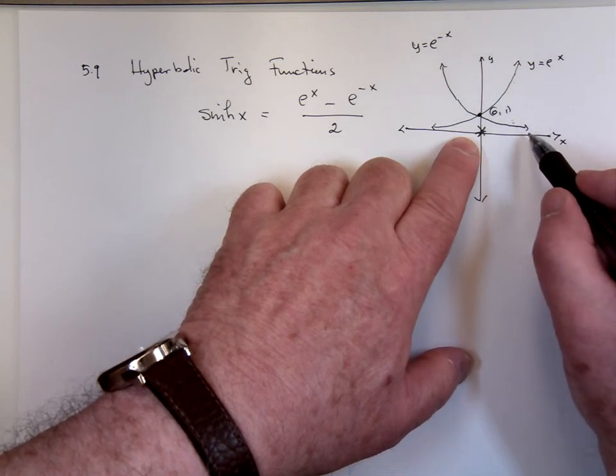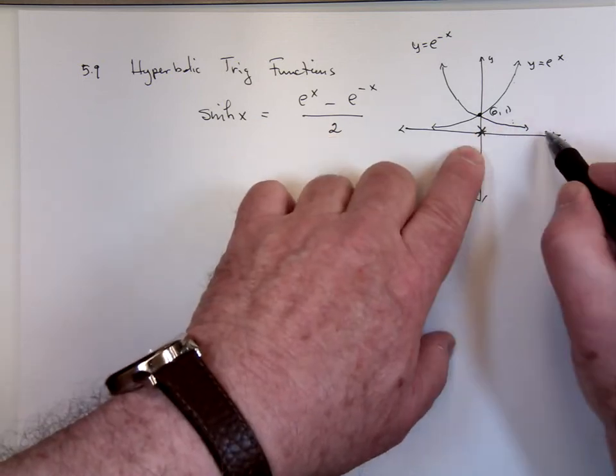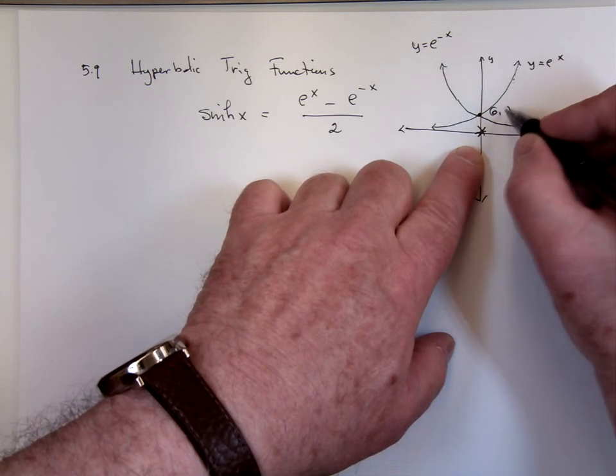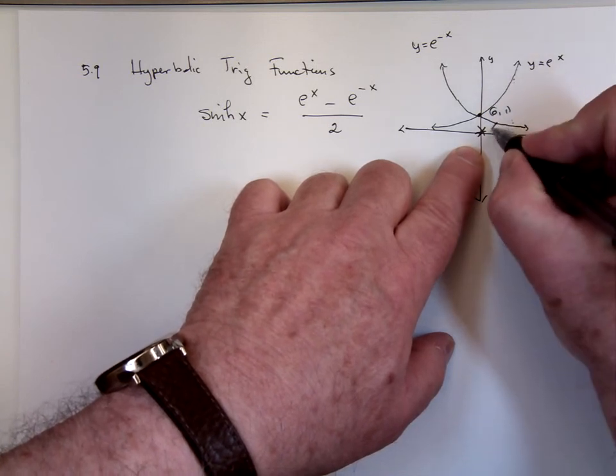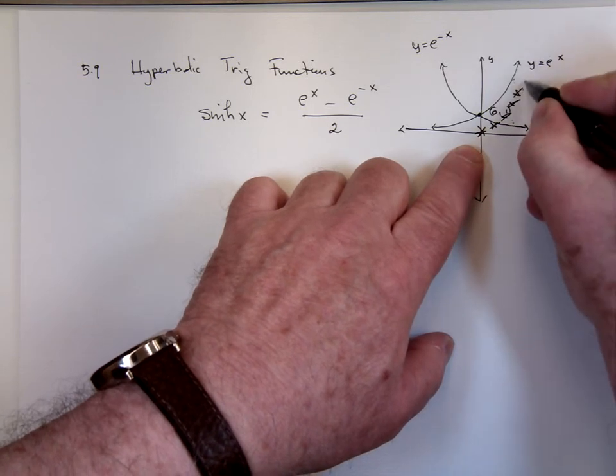So as you get away from the origin, the graph is looking more and more like e to the x over 2. Take half of that. So it goes up like this. It goes up like this here. It's halfway up this thing, this side. Okay. Now, on the other side,